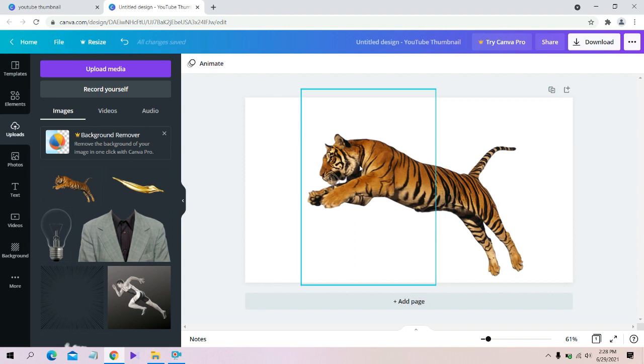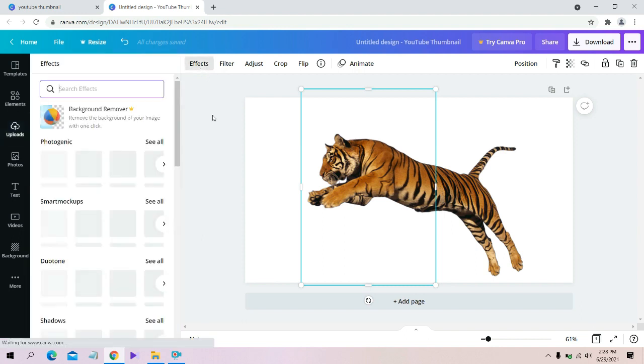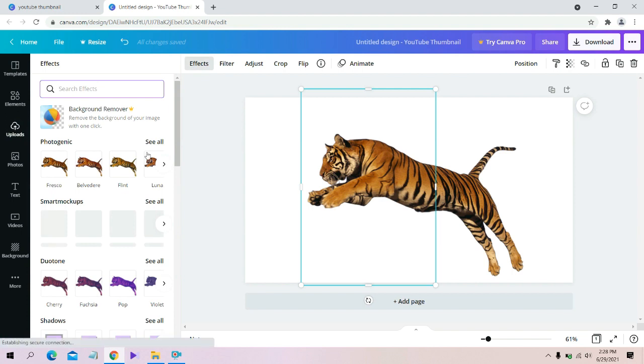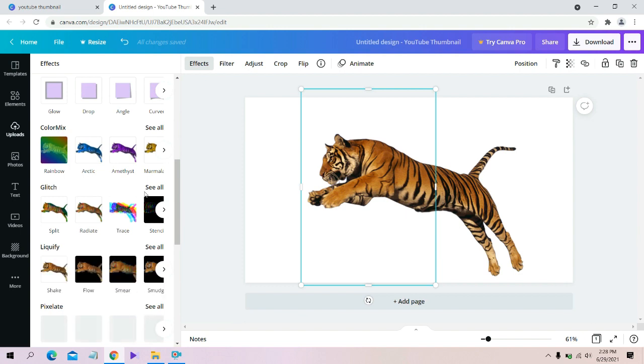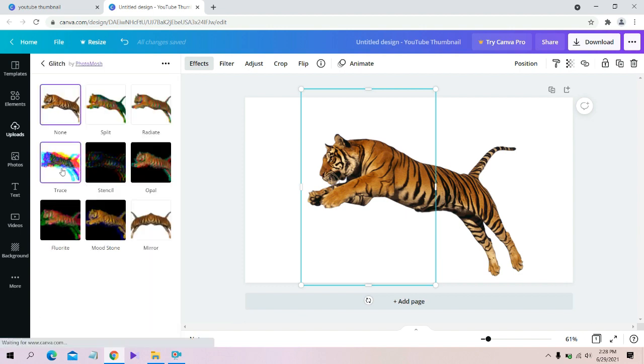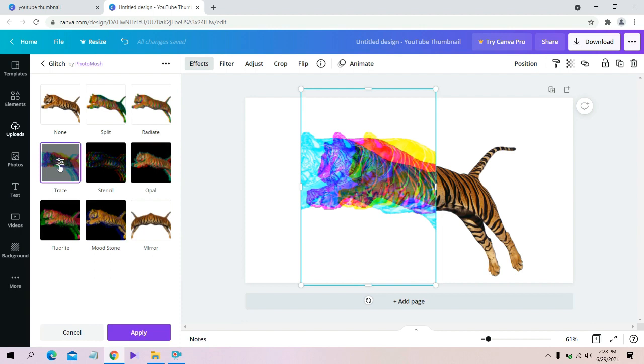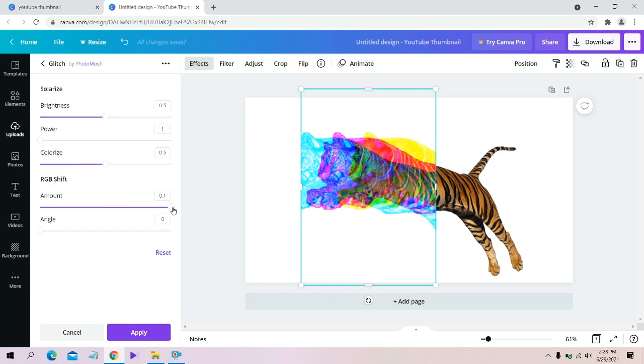So how to do it? Click on it so that we can adjust this panel. Bring on the effects and just scroll down so that you can find this glitch effect. Go to see all and click on trace. As you can see, triple colors are coming here, so we have to adjust it. Click on adjust here and set the amount to 0 so that we can neutralize the colors from here,